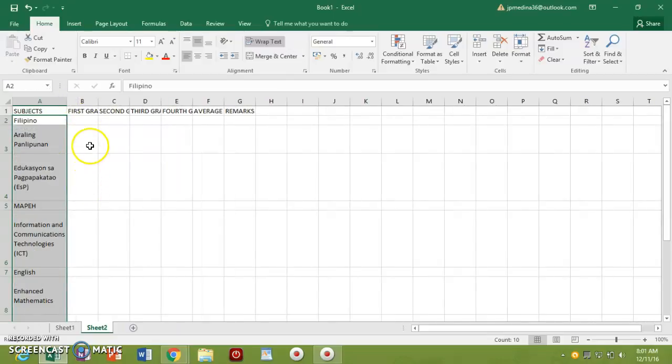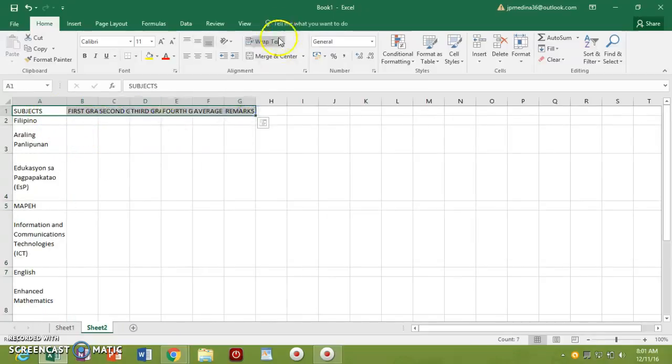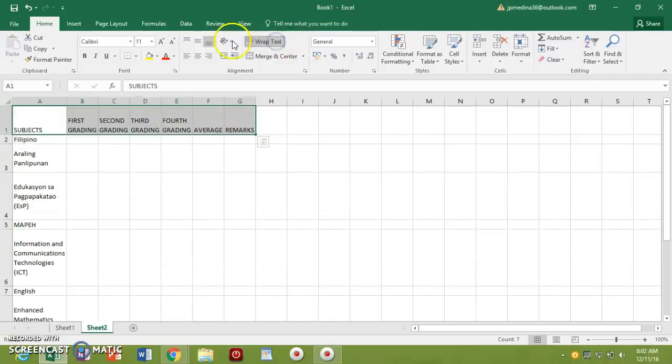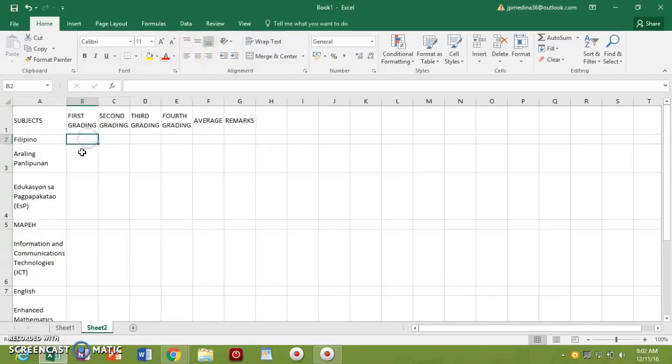Then in subjects to remarks, do it again, the wrap text, middle align, and then the left alignment. So this is the format of the card. So all we need to do is to type manually the grades.